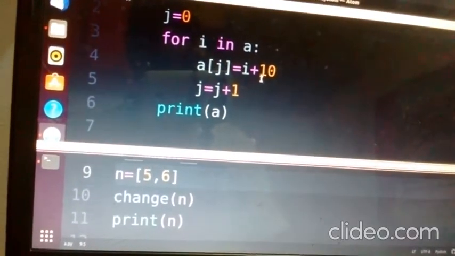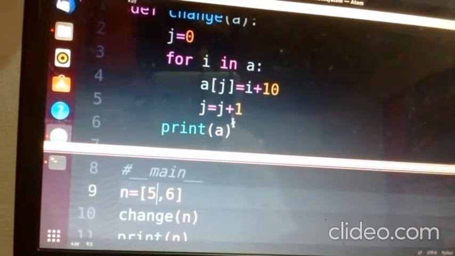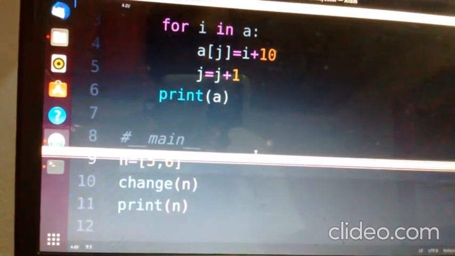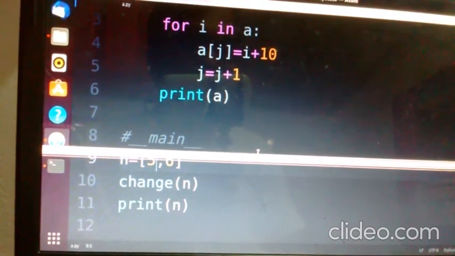If any change is made inside the function, it will not affect the original data.